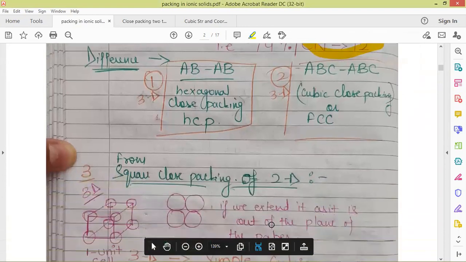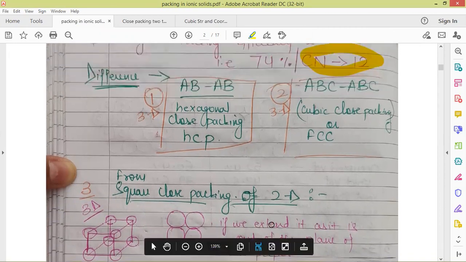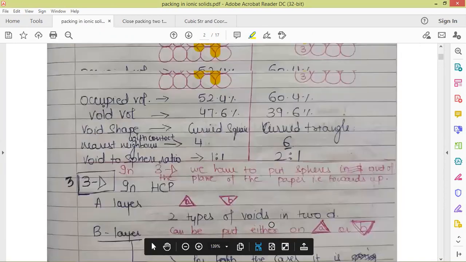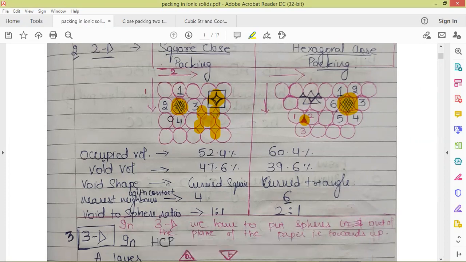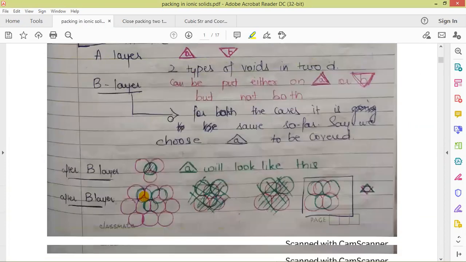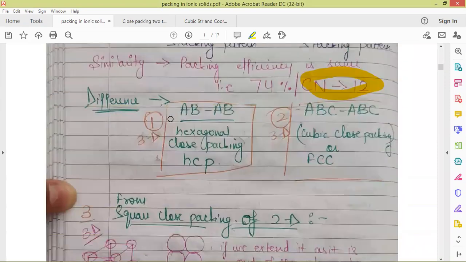the third system, which we get from the square closed packing system. We just discussed the square closed packing system in two dimensions. This is a square closed packing system in a two-dimensional system. In this system, we put the upper layer, that is the B layer.